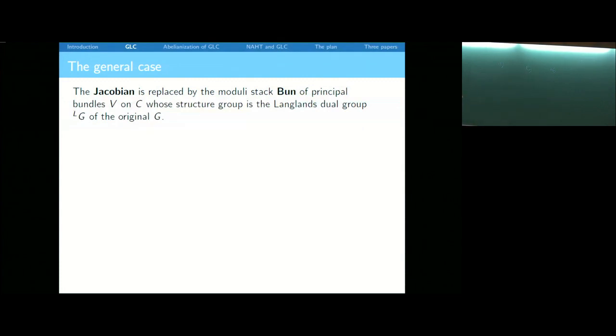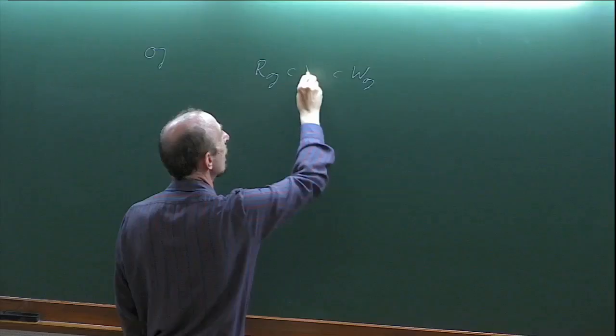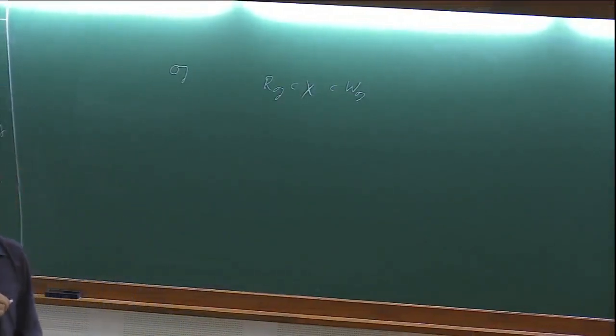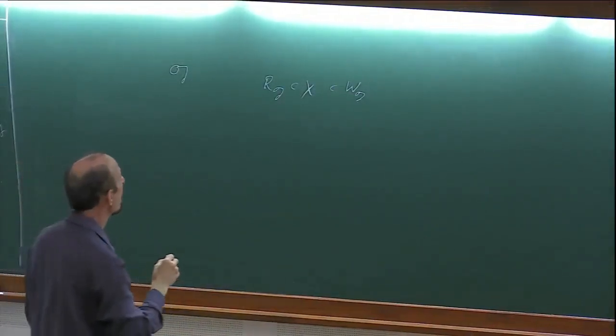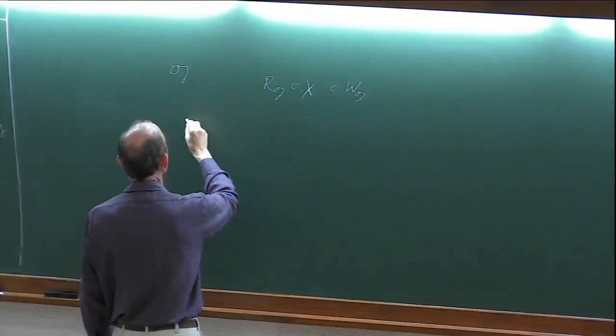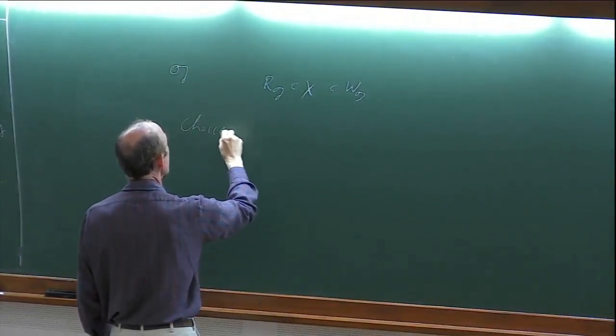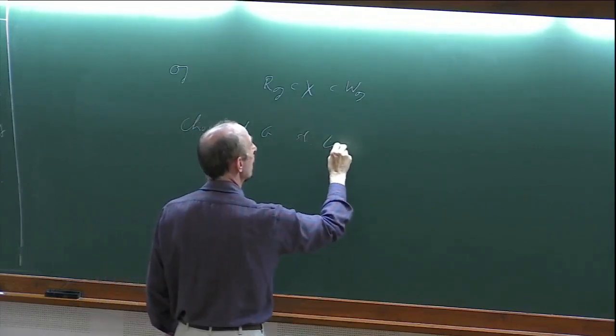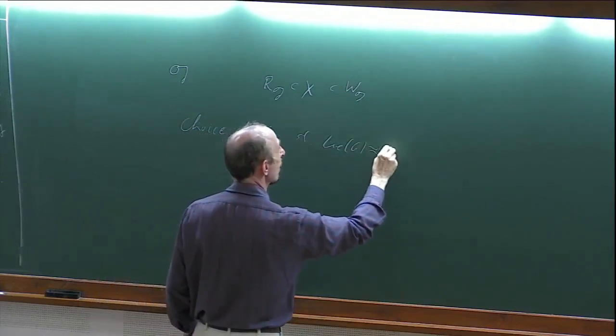The weight lattice is all homomorphisms from the Cartan to C star. The root lattice is a sublattice of that generated by the actual roots of the representation. And then you can consider any other lattice sandwiched in between the roots and the weights. And a choice of group G such that the Lie algebra of G is the given